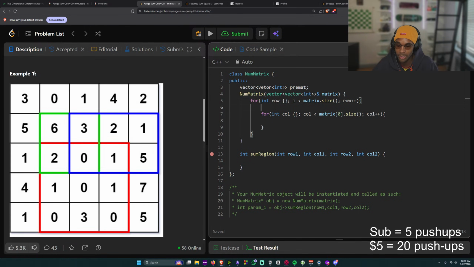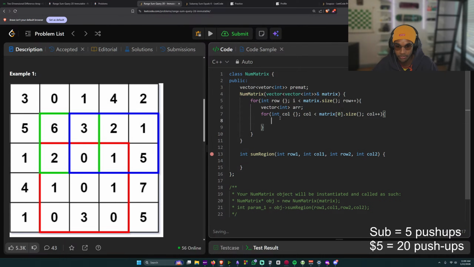If row is greater than 0, we go up. And if the column's greater than 0, we go to the left and then do the subtraction. But if it's not, then we're good. Yeah. So vector of ints, and we'll call that array.